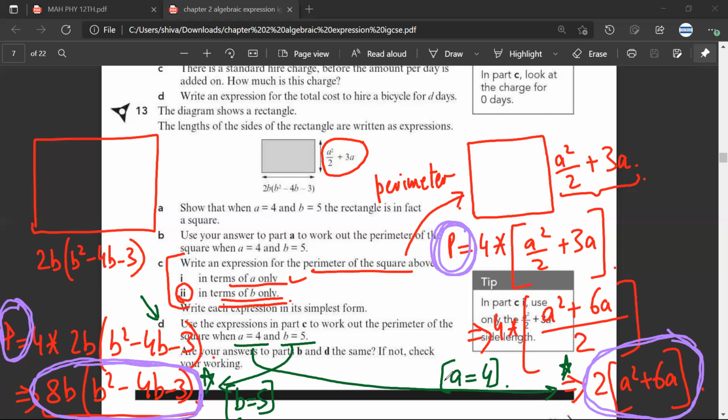Yes, sir. See, the question seems to be a bit complicated, but it is a pretty simple question. All you need to do is there is an algebraic expression which is given. You just need to put the value of a is equal to whatever they require and b is equal to 5, and then you have to find the values. So we only have to write, so like over here we did 8b. So instead of b, we have to write 5. Like that only, right?